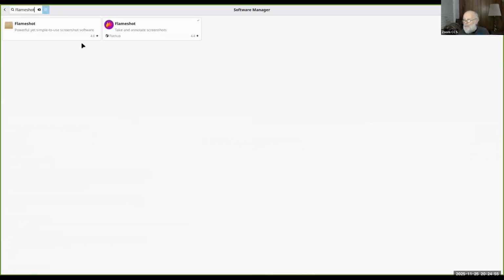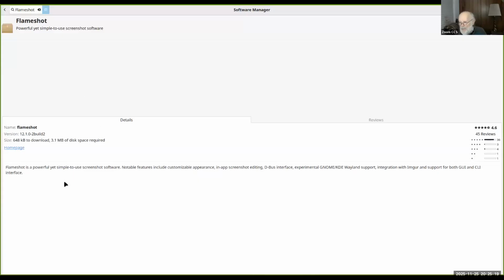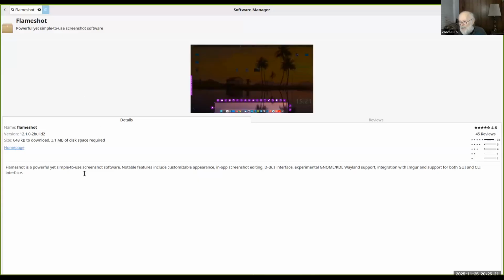Flameshot, another one. There are two. There's an original native installation, and there's also a Flathub. I'm not certain which is the better. Right now, the native one has a 4.6 rating, and the Flathub has a 4.4 rating. Flameshot is a powerful yet simple to use screenshot software. Notable features include